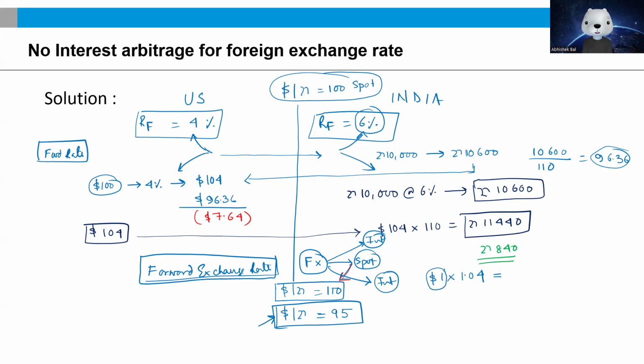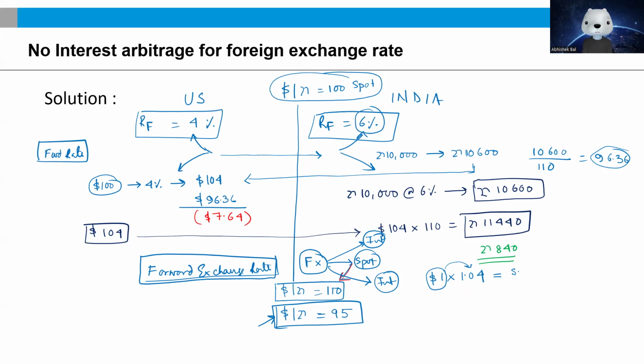This is $1 today, which we are investing and which is going to yield you 1.04, because we are talking about $1. You could multiply this with $100, with $100 million, a billion, or $1 trillion. I could care less, but the equation would remain the same. So if an investor invests in the US market in the spot by taking $1 and investing at 4%, and the same or a similar investor takes that dollar and invests into the Indian market,